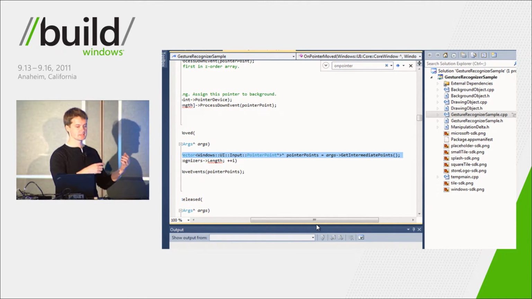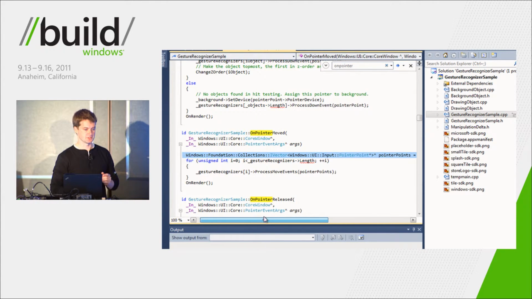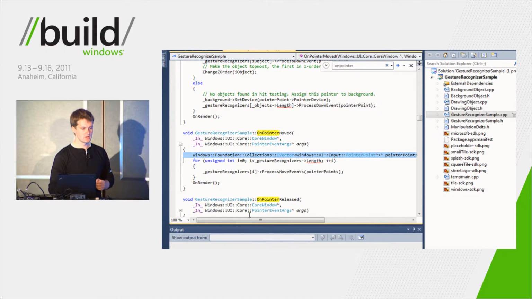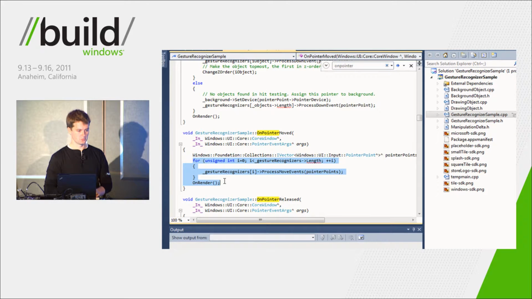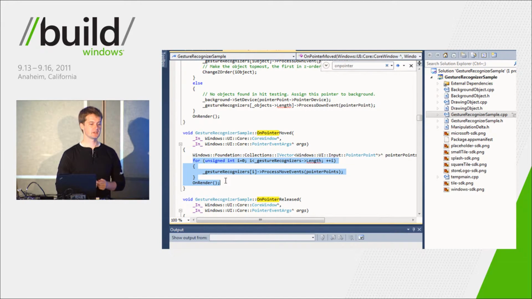So we go back in time, we get all of that coalesced data, and we hand it off to gesture detection. So the gesture detection has a full picture of what the user was doing. The other interesting thing to note here is we're illustrating one principle. Remember how I said in process down, that tells the gesture recognizer that we want to pay attention to a specific pointer ID? We're just looping through all our gesture recognizers here when we get a move and just handing